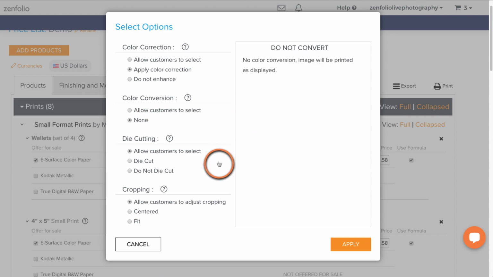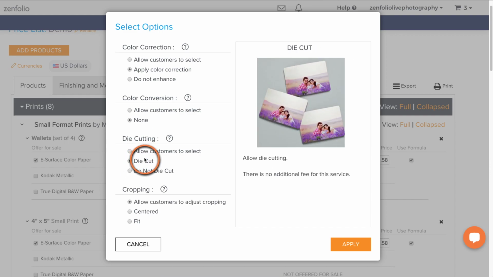Die cutting is something to think about. This is die cutting for your wallets. Again, this is another option you don't want to let your clients choose. You want to go ahead and simplify this and choose this for your clients. So personally, I think back to getting wallets in sheet form and then trying to cut them out with a pair of scissors and it never working out very well for my clients or for me or for anybody. So I go ahead and have the lab die cut those for me. There's not a cost for this.